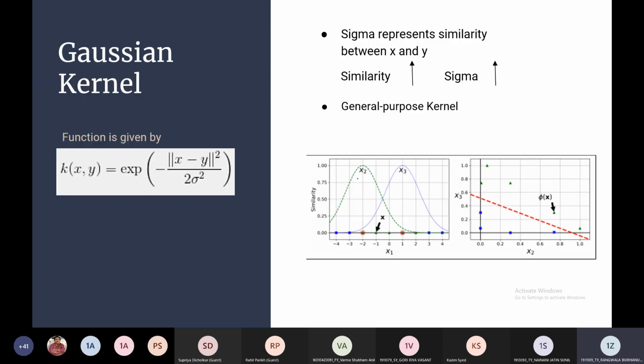Then there's a different type of kernel known as the Gaussian kernel or Gaussian RBF kernel, radial basis function. This kernel basically works on the basis of landmarks, and it tends to generalize features on the basis of these landmarks. Now let's see this image, the plot on the left. As you can see, we have chosen 2 landmarks, one on -2 and one on 1.